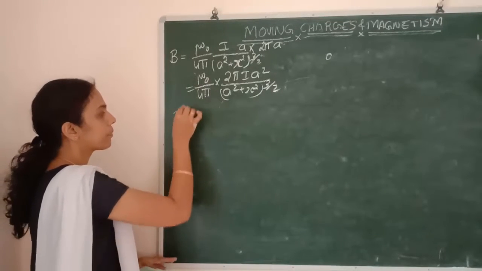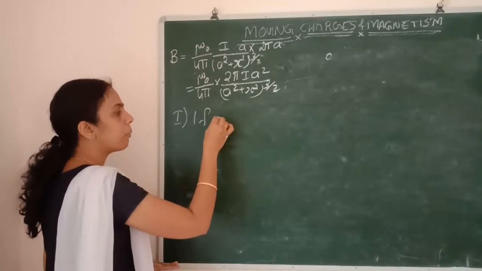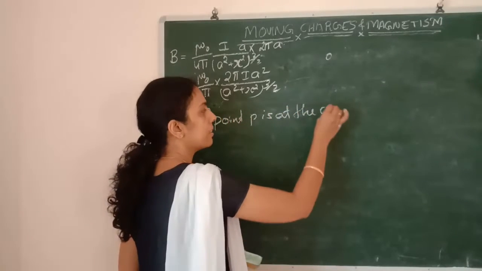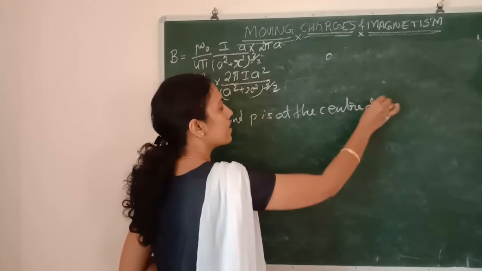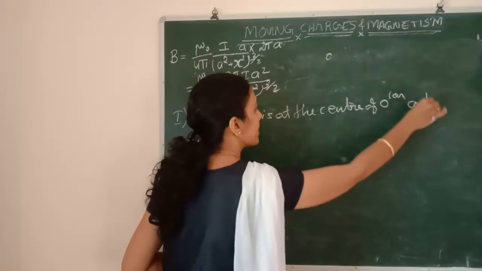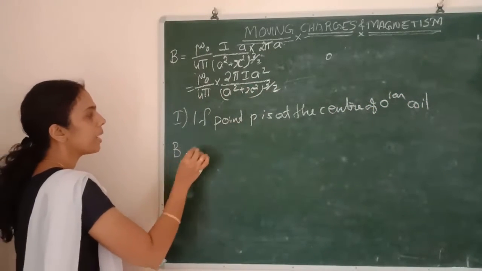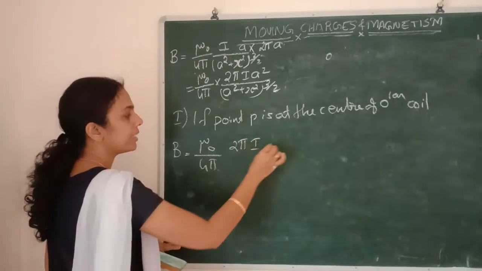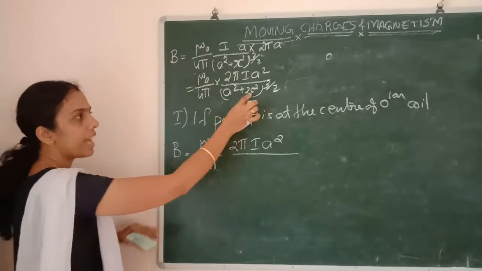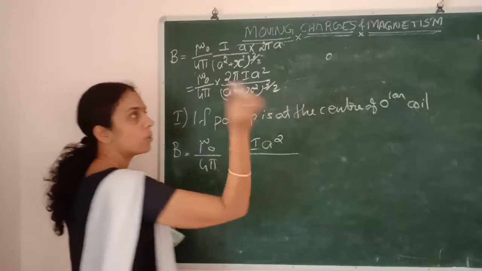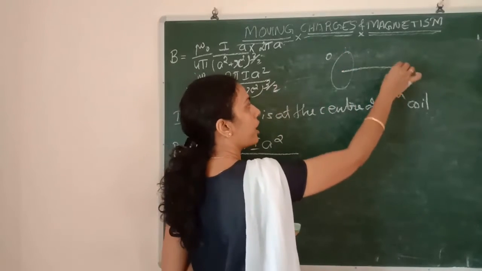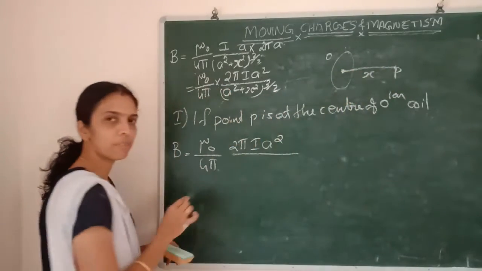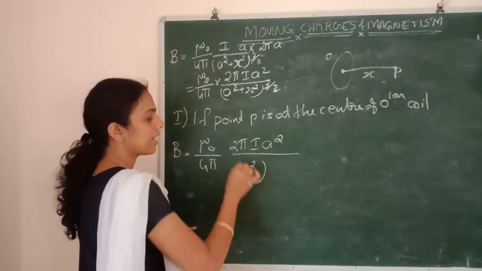Now case 1. If the point P is at the center of the circular coil, how will we get it? B equals mu 0 by 4 pi into 2 pi I a square divided by, see, only x varies. What is x there? From the center to the point P, this distance we took as x. So now if the point P is here itself, what will be the value of x? 0. So you will get a square the whole power